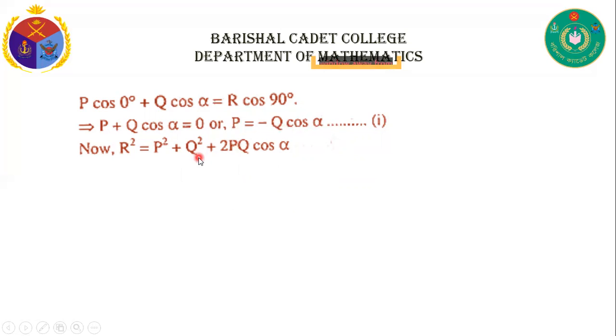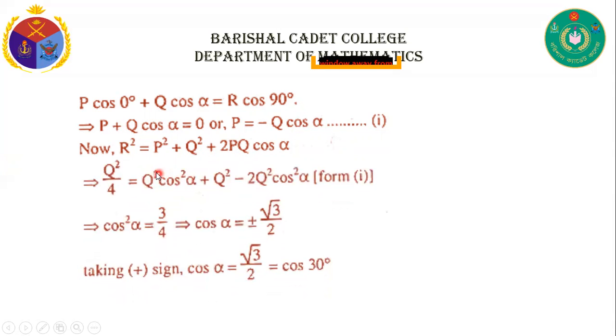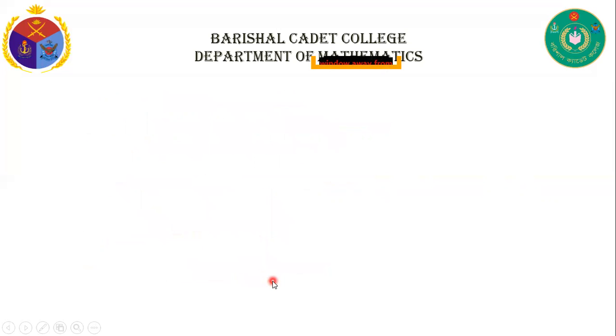that is P equals minus Q cos alpha. And from the parallelogram law we see that R square equals P square plus Q square plus 2PQ cos alpha. Here R equals Q by 2, that is Q square by 4 equals Q square cos square alpha. From this we can write P equals minus Q cos alpha. So from Q square minus 2Q square cos square alpha, and simplifying we get cos square alpha equal to 3 by 4, that is cos alpha equals plus or minus root 3 by 2, and taking the plus sign we can write cos alpha equals root 3 by 2 equals cos 30 degrees,